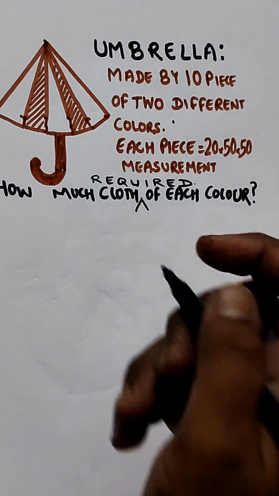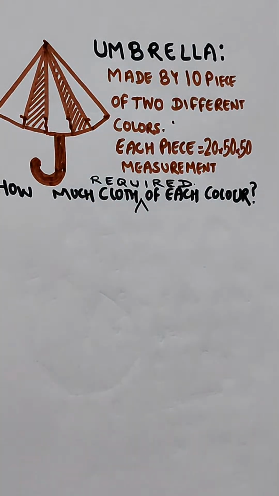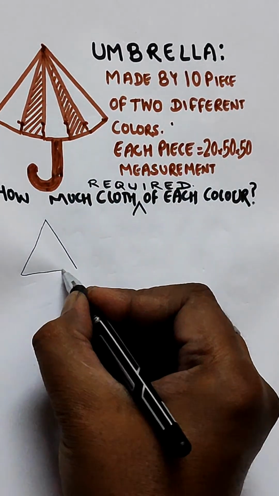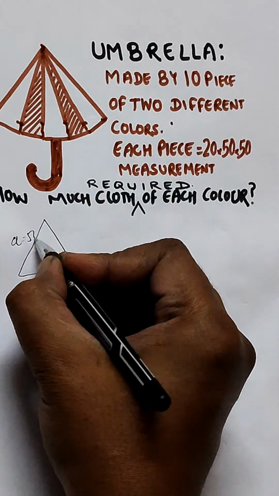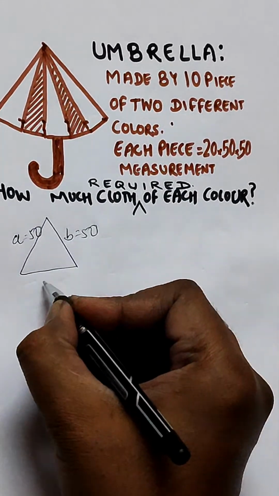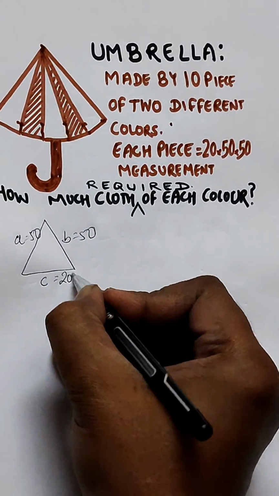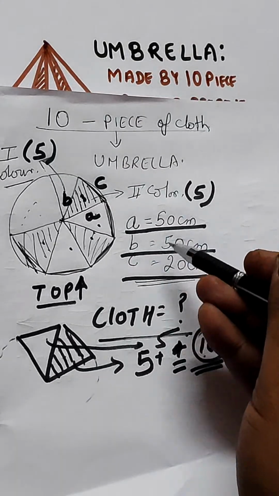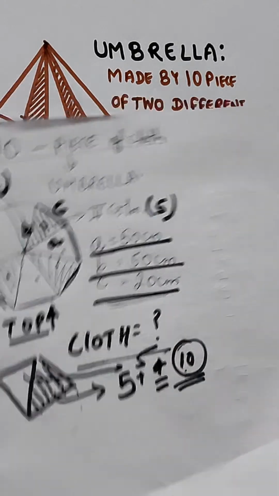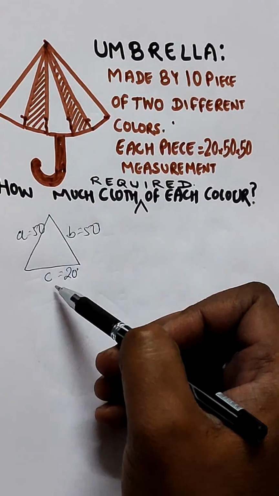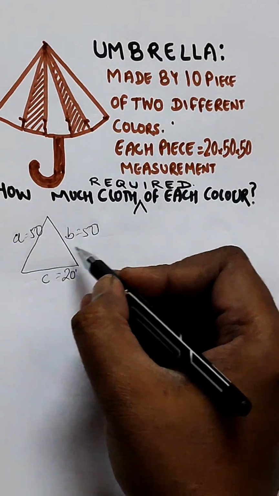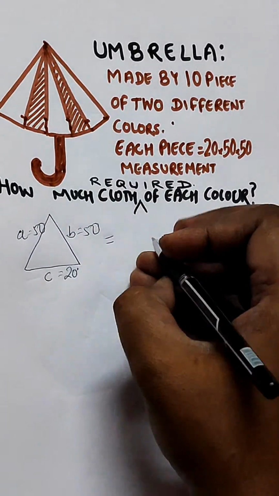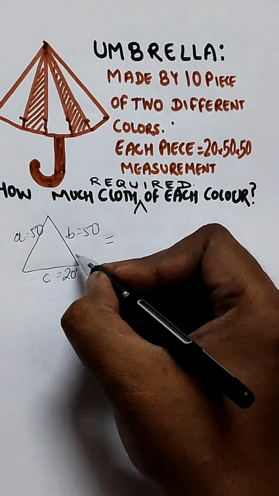Now for the single piece of triangle like this will be A as 50, B as 50, and C as 20, right? What I have shown over here, you can see A, B and C. Now if A 50, B 50, C 20, then this area will be calculated as, you can consider it as a scalene triangle. So the area of this triangle